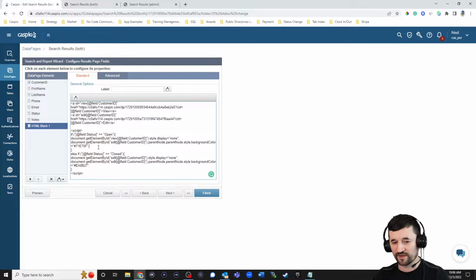Okay. And then we have another simple one, get element by ID, again, edit. So now if it's the edit, which is the one that's displayed, we have the parent node twice to go back to the row of the table. If you just do one parent node, it's only going to